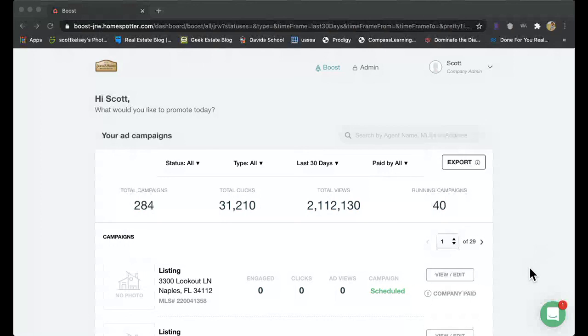Okay, here we go. Homespotter. How often does the ad run? Those $99 ads are for the full month. It's a 4-week $99. You can't really beat that. And you can pick, like I said, with those you can only pick one location. So it would have to be Florida, it would have to be Naples, it would have to be Estero, something like that, or just the home address, and it does the 15-mile radius.